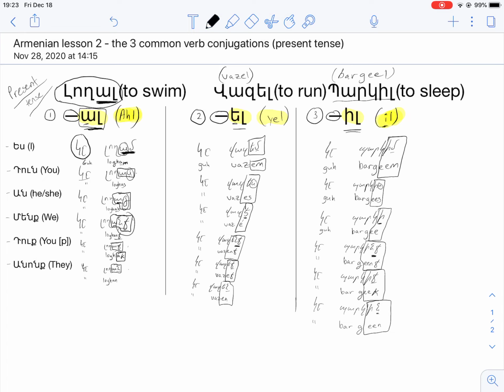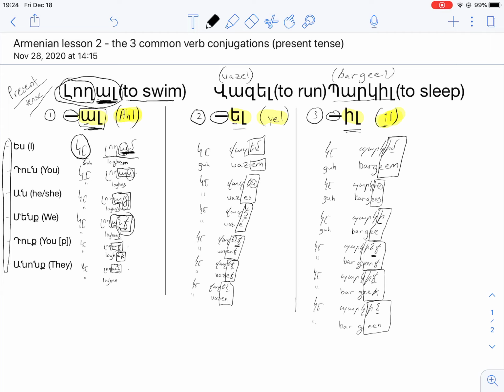So let's go over. I have 3 words here so that we can use as examples. So the word for to swim, okay, is logal. Okay, we have that circled next to it here, where log, I guess you could think of it as the hyphen, and then al is the ending, right? Logal. Now, if we conjugate this to all the pronouns here that we covered in the previous video, right? We have all the pronouns here. For yes, which is I, it would be yes, galogam,